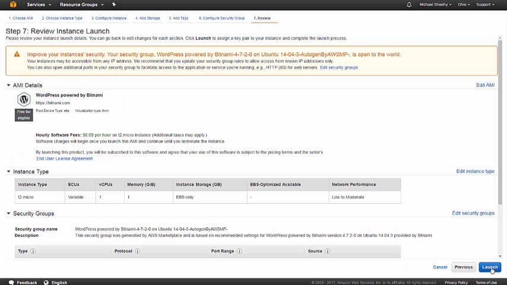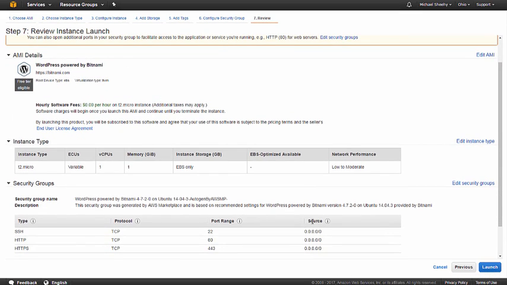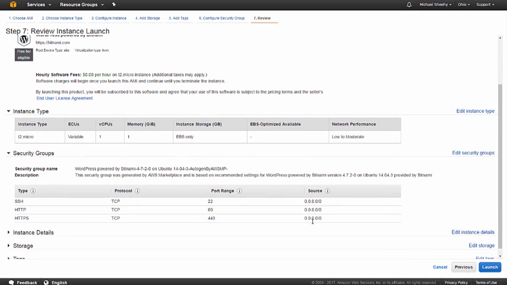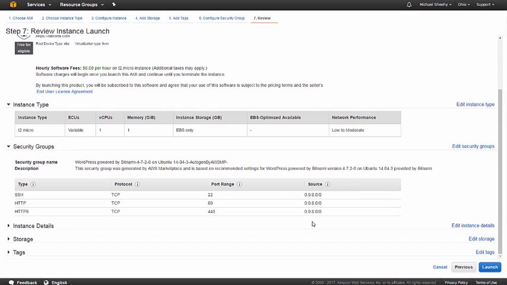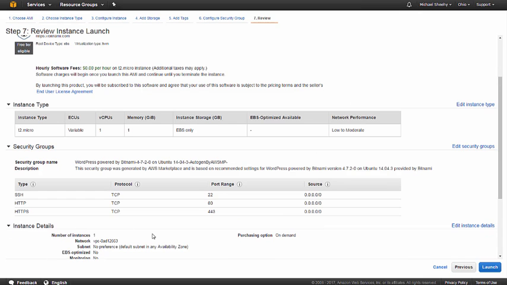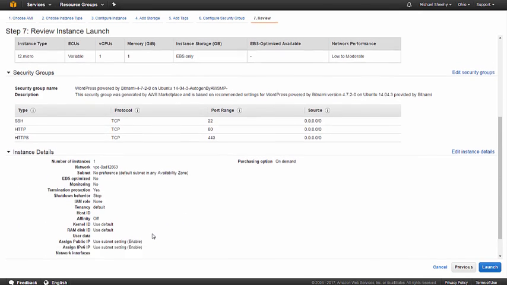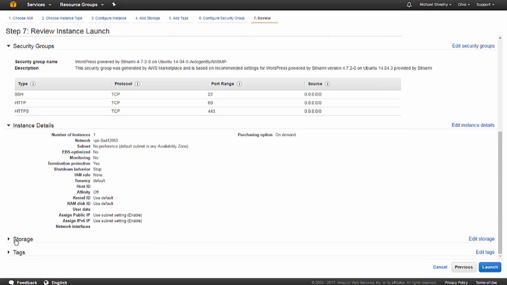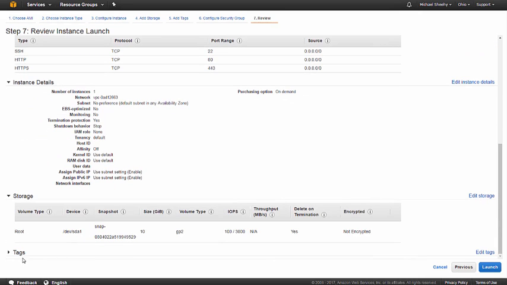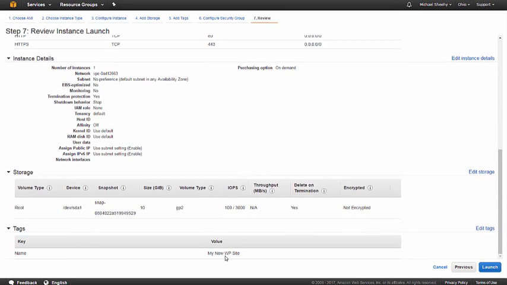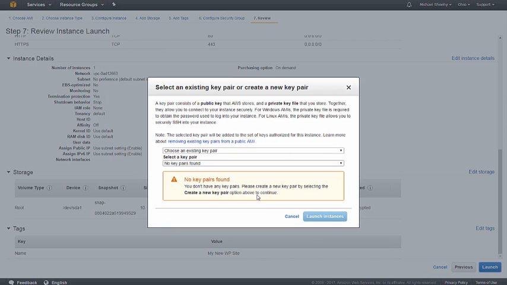Okay, finally we review and launch. So check everything, go through it, make sure everything looks reasonably okay. Looks good to me, except I never put my IP in there. I just didn't want to show everyone my IP address, but make sure you put yours in. Instance details, looks good. Storage, tags, all looks good. Let's launch, and